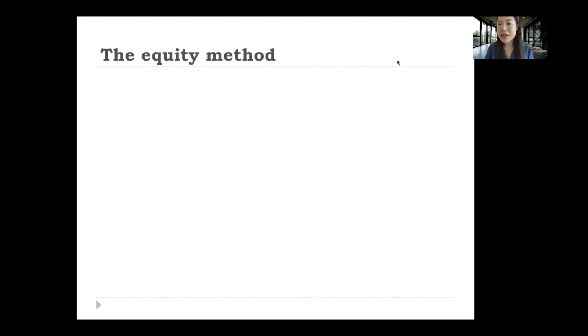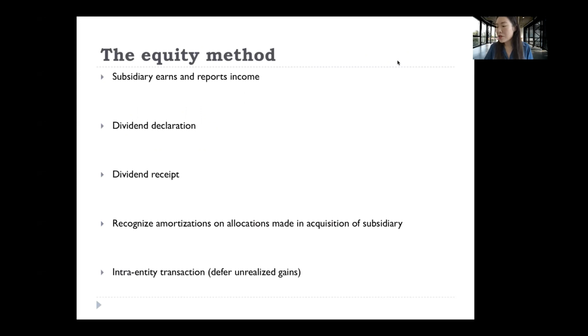Let's first look at the equity method. Under the equity method, we have 5 events here. The equity method is very similar to the equity method that we talked about when the parent has between 20% to 50% ownership of the subsidiary. It is very similar to that one. Specifically, if you still remember what we did